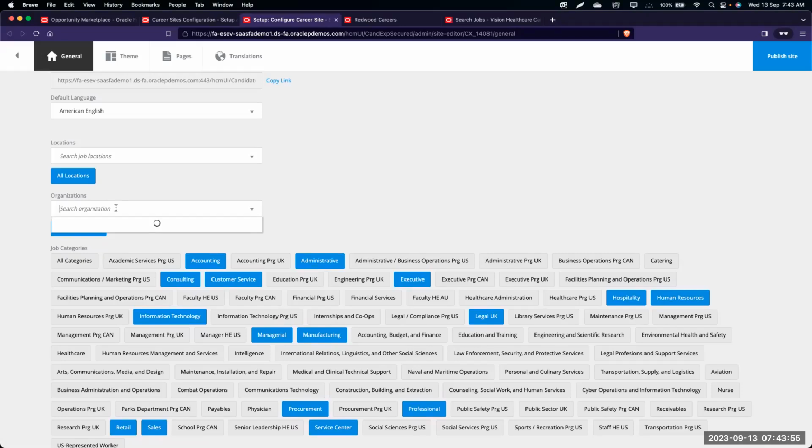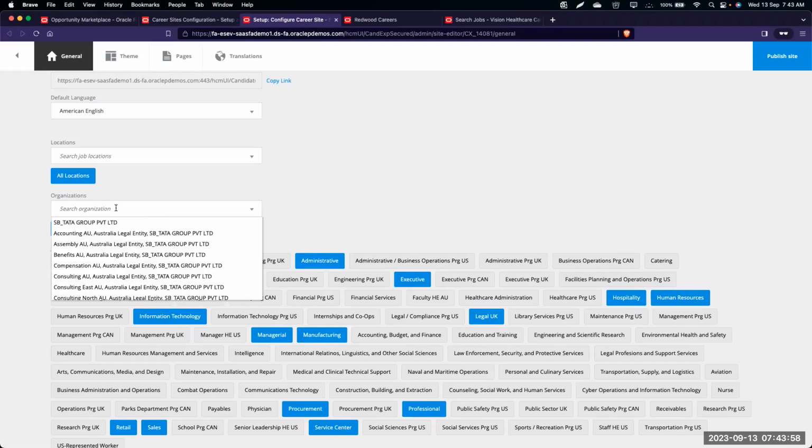And coming to division, we can use that in our organization. This organization can be divisions or departments. It can be anything: your enterprise, legal entities, divisions. Basically, whatever components or objects you add in our organization tree. We'll see that in detail, Ari. We'll be talking about this in detail, but since you asked this point, I just showed you the different options.